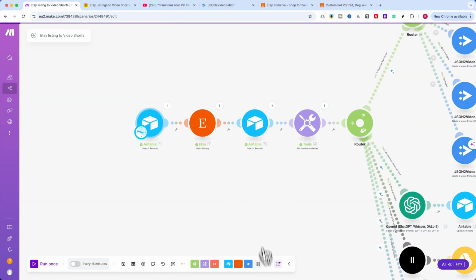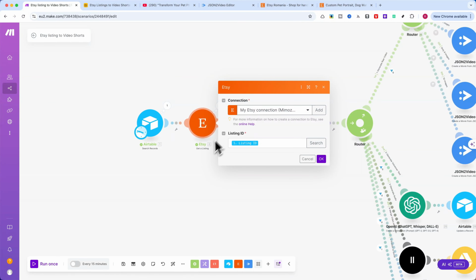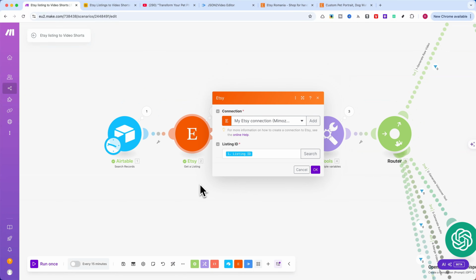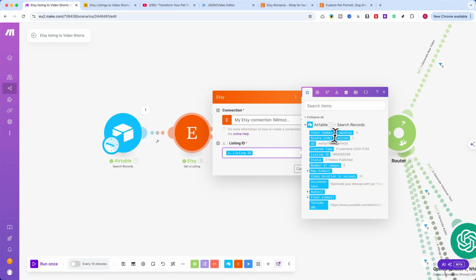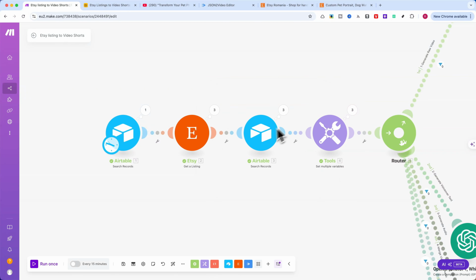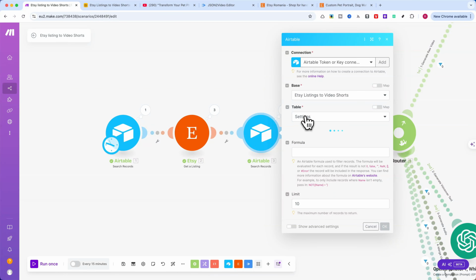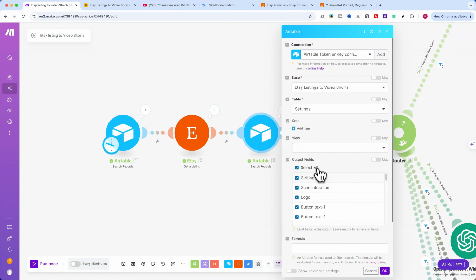Next, we'll add an Etsy Get a Listing module, where I'll map the listing ID from Airtable to retrieve specific listing details from Etsy. Then, we'll add another Search Records module from Airtable, this time selecting the same base but using the Settings table. Again, I'll select all output fields to make sure we capture all settings needed for the